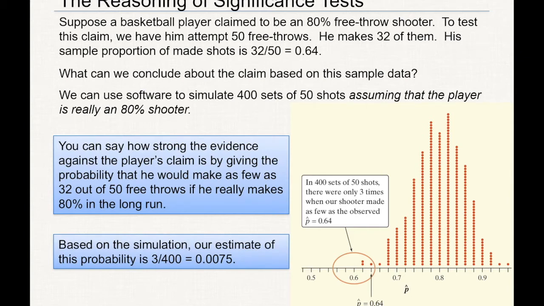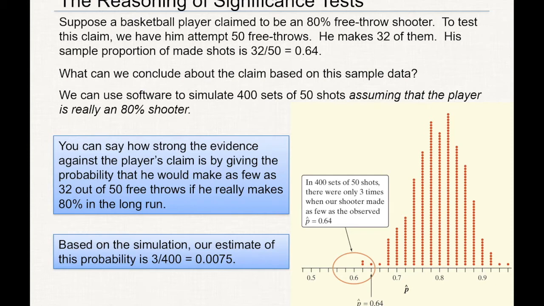But you'll notice at the very left tail, there's only 3 dots that are either 0.64 or less, which means that there's only 3 dots out of 400 that are the same value as our observation or lower, which gives us a probability of getting this value to be